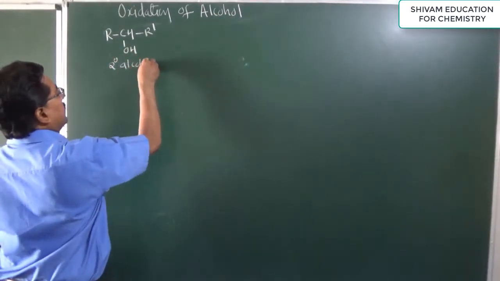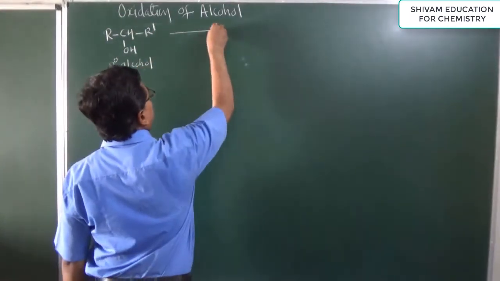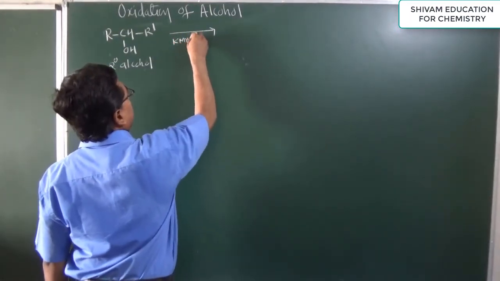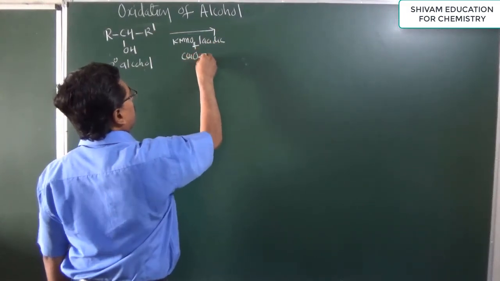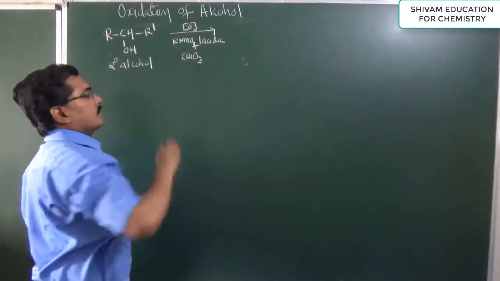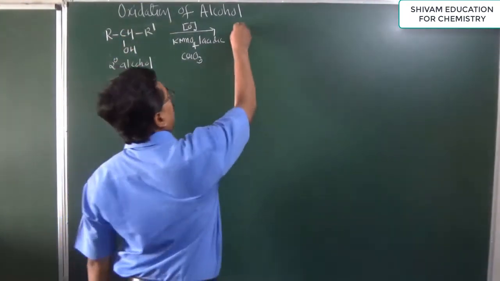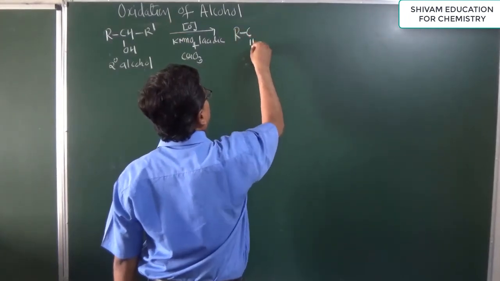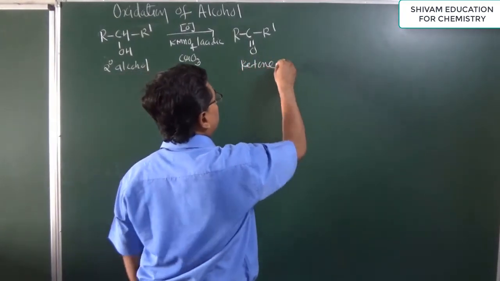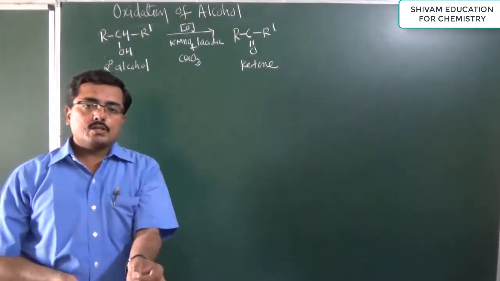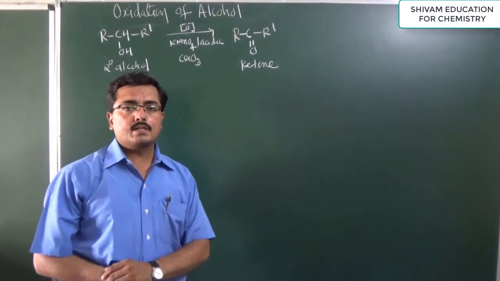Now secondary alcohol oxidation is done by using a strong oxidizing agent. We can use any one of these: acidic or basic KMnO4, dichromate, or chromium oxide. These are the strong oxidizing agents. Hydrogen from carbon and oxygen is removed, and we get a carbon-oxygen double bond. As a result of this oxidation of secondary alcohol, we will always obtain a ketone. So oxidation of primary alcohol gives carboxylic acid by using a strong oxidizing agent.